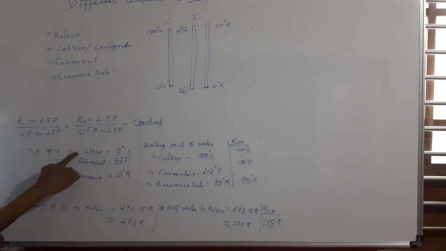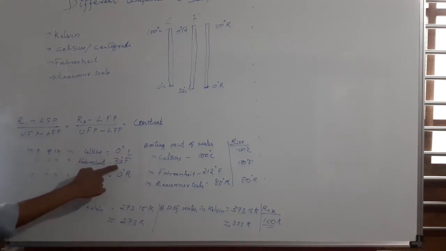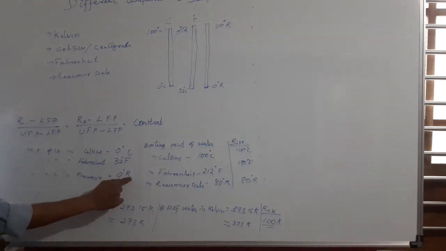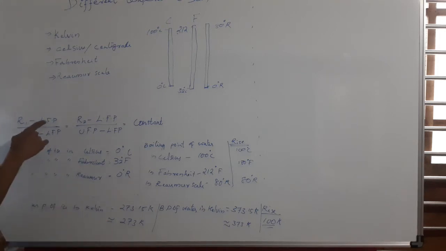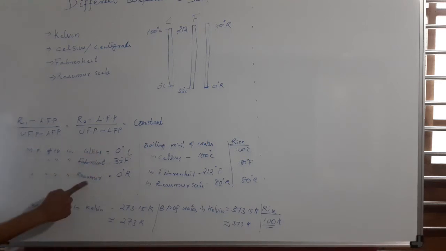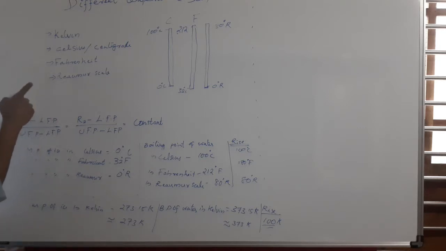Melting point of ice in Celsius is 0, in Fahrenheit is 32 degree, and in Romer scale is 0 degree R. So the lower fixed point in the case of Celsius is 0, in Fahrenheit 32, in Romer again 0, and we will take the upper